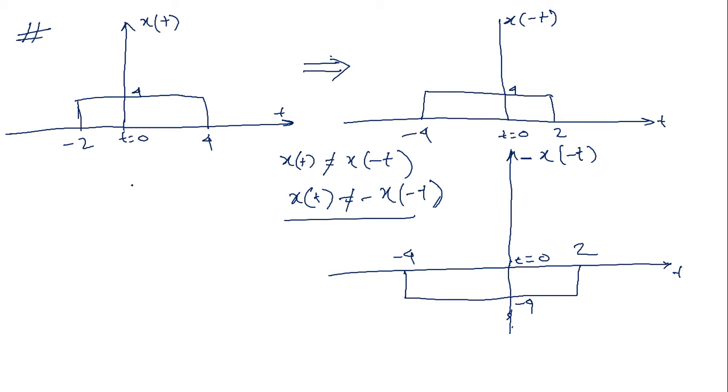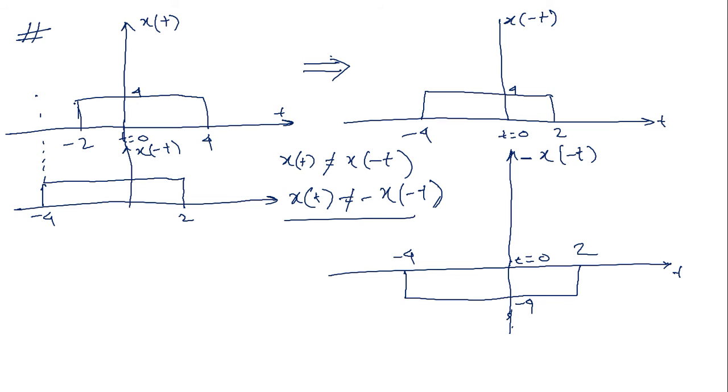That I told you in the last class, how to estimate the even part and the odd part of the signal. So I am drawing this graphically, so that it comes to you more clearly. I am drawing x of minus t below this. So that starts from -4 to 2. Here it is 4, here it is -2. The amplitude of this is also 4.